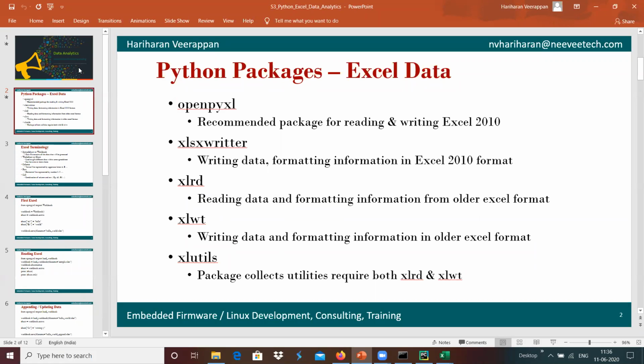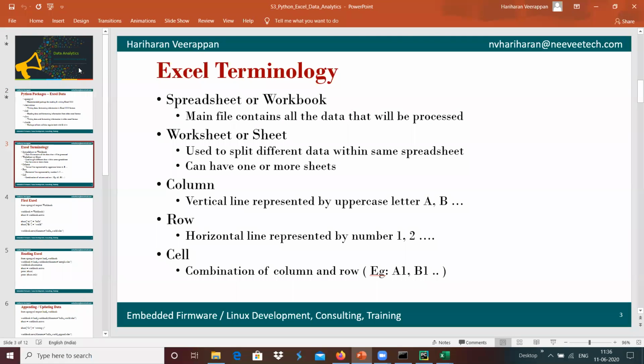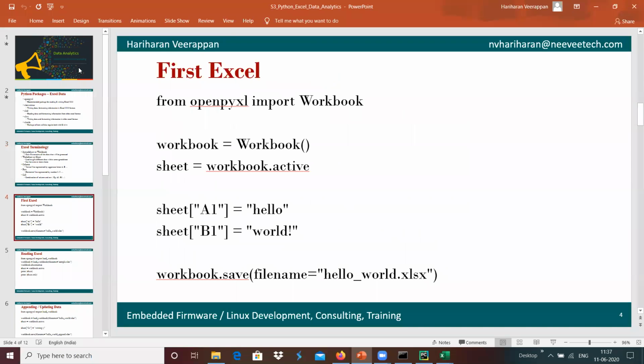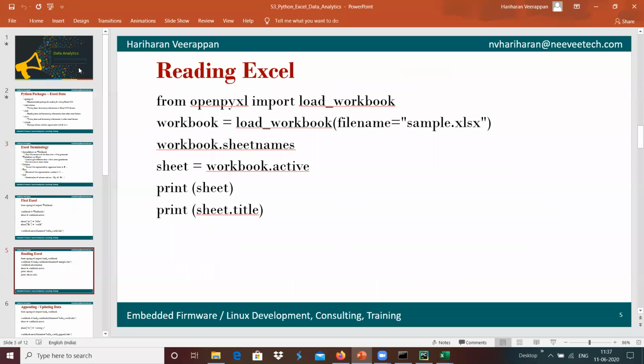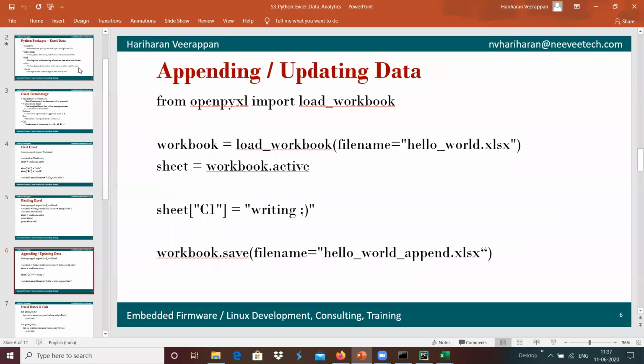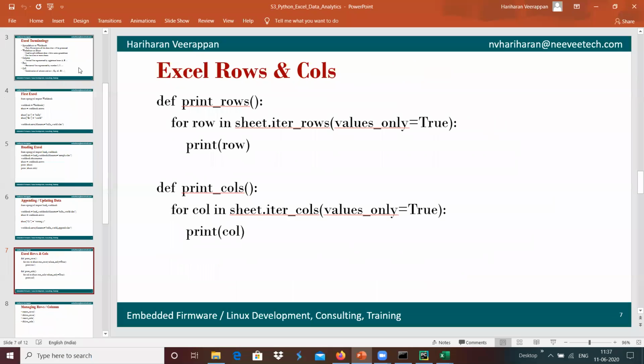This session uses Python OpenPyXL, and we went through the terminology and how we can create an Excel sheet, how we can read an Excel file, how we can add or append data into a cell, and save that file, and how we can extract the rows and columns, and using the rows and columns of data, how we can find, for example, how many government orders and private orders there are.